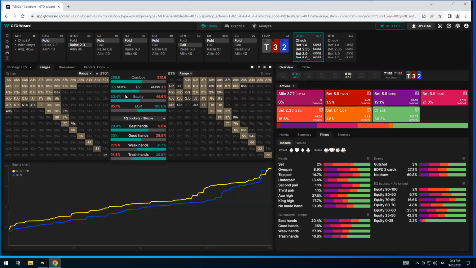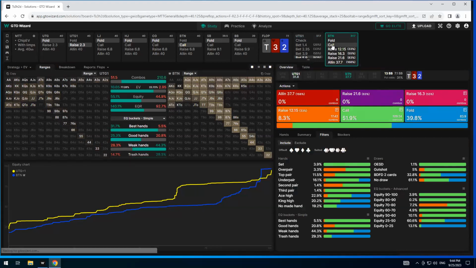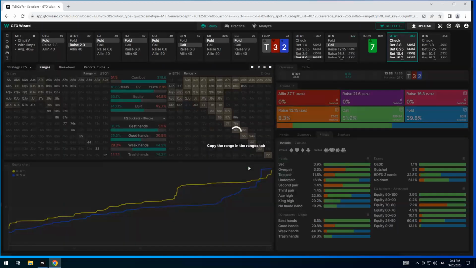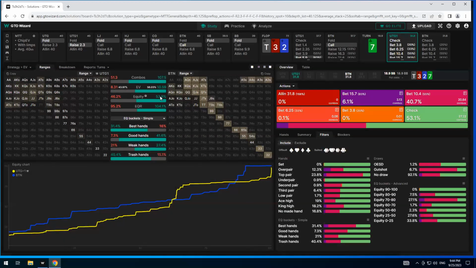Because we're out of position, we want to take this opportunity while we're really far ahead to leverage our bet. But the idea, when we give it a bet that's this big, 83%, and our opponent calls, and we get a nice little 7 of clubs brick, right? We can now see the equity has swung